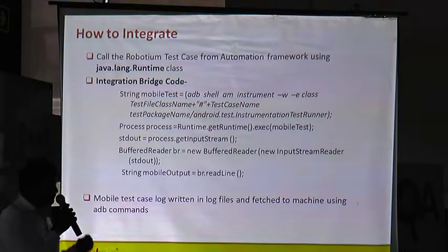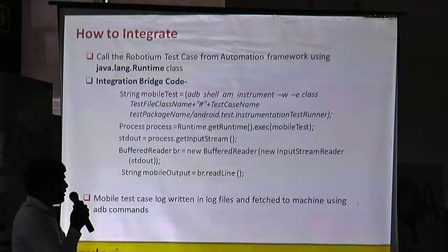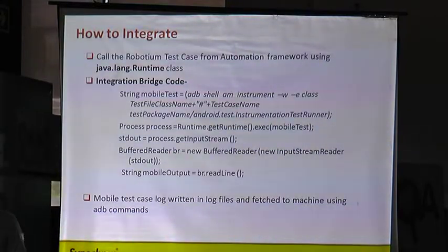So basically, when you are invoking the command, invoking any application or any test case on the mobile device, it is an activity manager that you are invoking. That's the reason you have to write this code. And -w is to wait till the execution is completed. So my driver script will wait till the mobile test case is completed and I get the output.